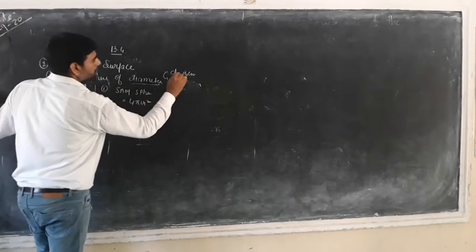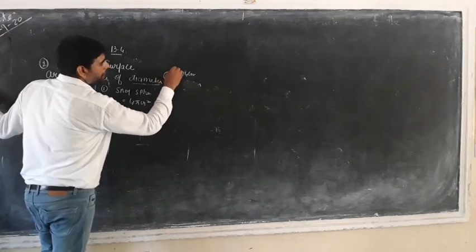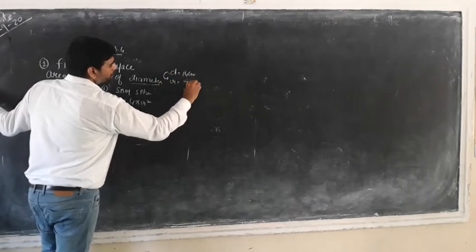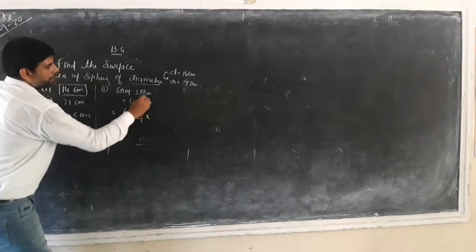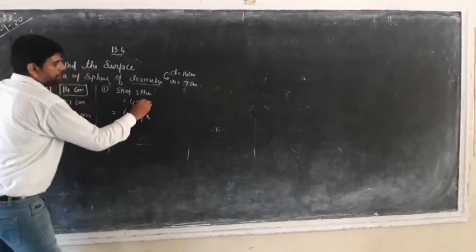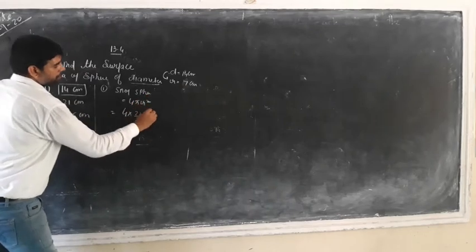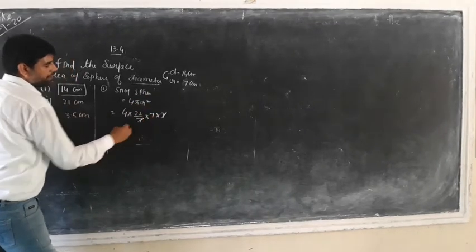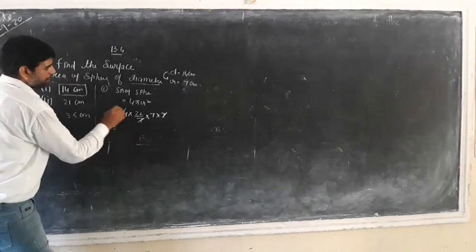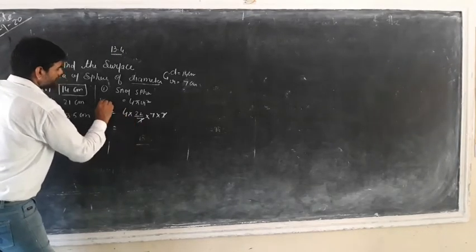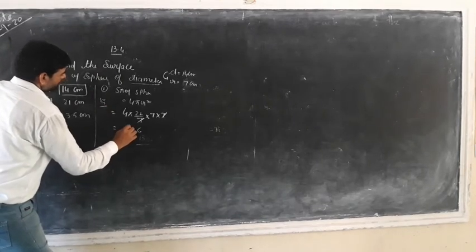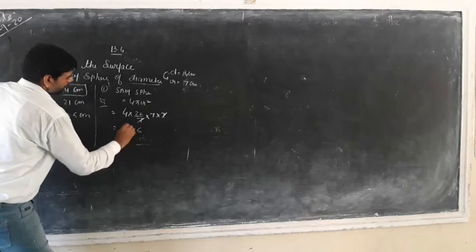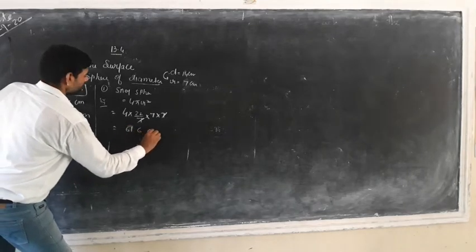The radius will be half of the diameter, which is 7 centimeter. So therefore 4 into 22/7, radius will be 7. The radius to the power 2, therefore 7 into 7, 7 and 7 cancel, 88, 88 into 7, 616 cm². Okay,